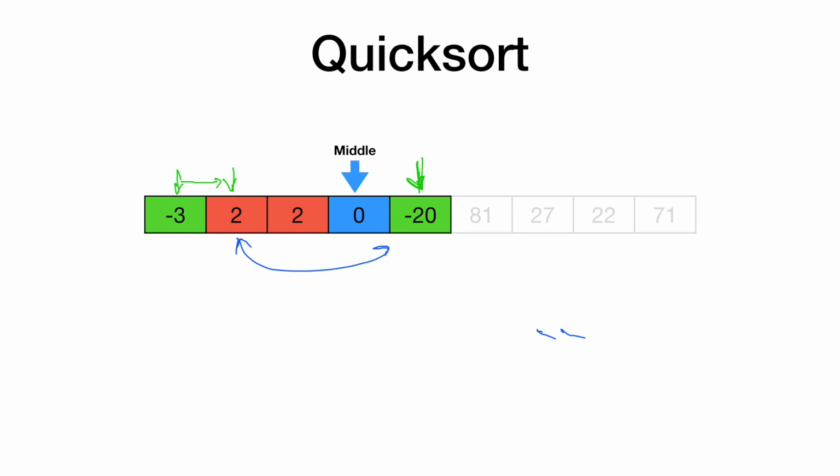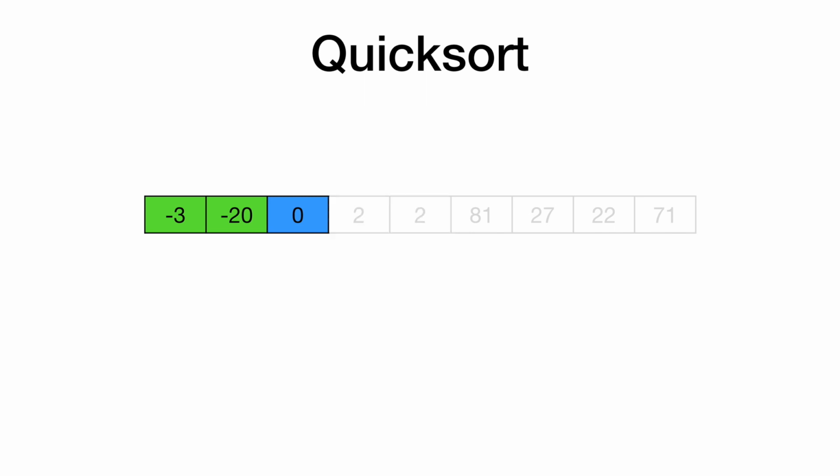So now we're here and here. And again, they're in the wrong order. So we're going to swap those two. Right? And that gives us this guy. And again, we're going to partition here. When we do that, we end up with this array, and say we pick